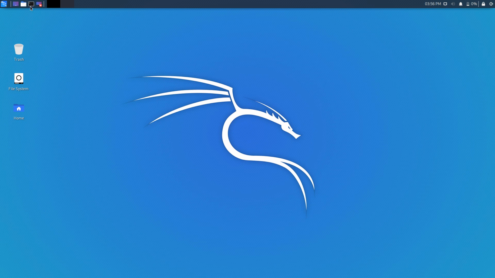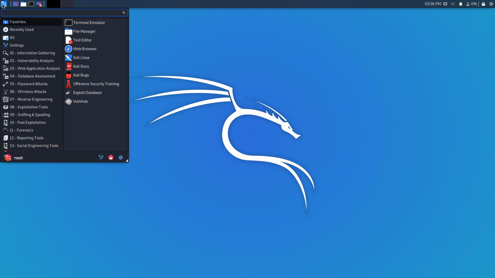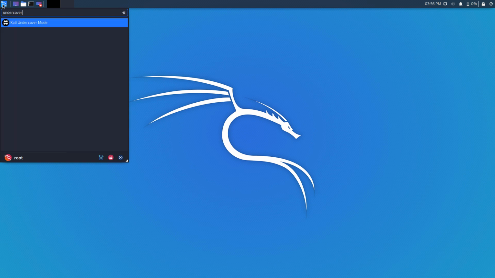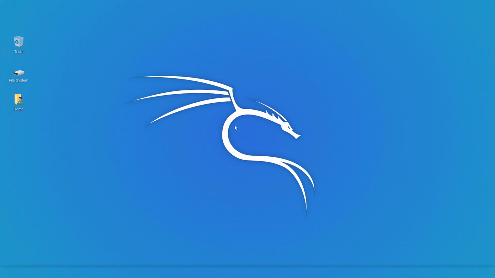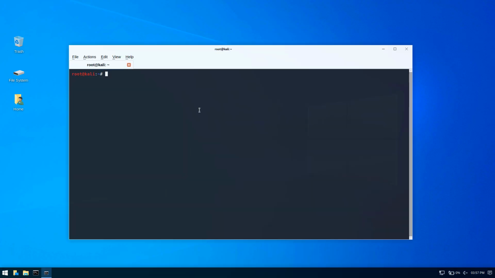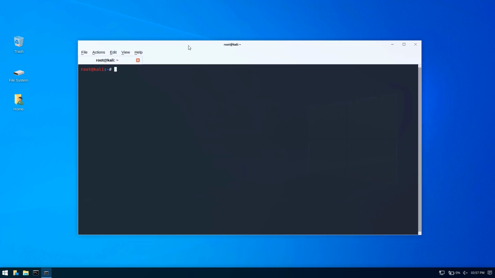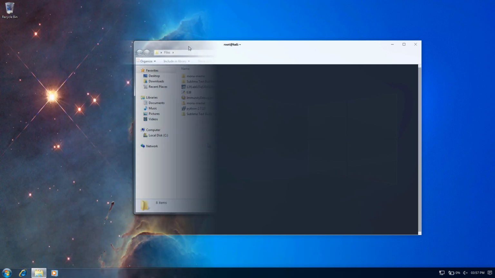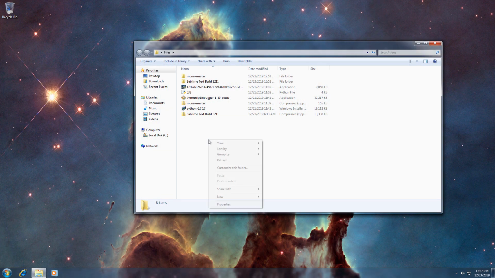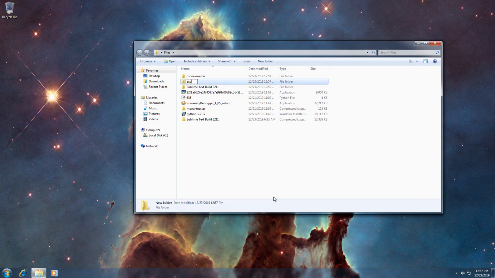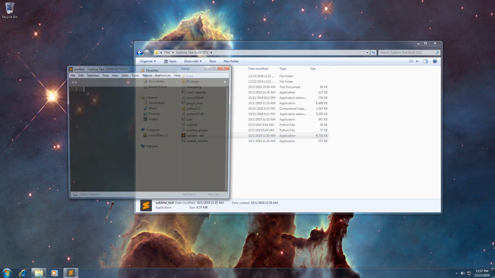In case you want to change to Undercover mode, go to the menu and write Undercover and then select Kali Undercover mode. You will also need a console on this machine, so you may as well open it right away. To make things easier, we will create a new folder called exploits, and this is where we will do our work in. First, let's open our text editor again